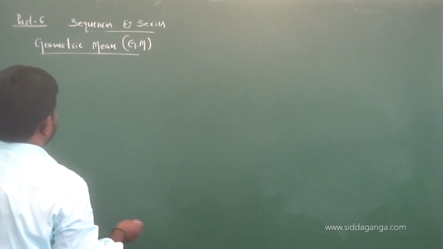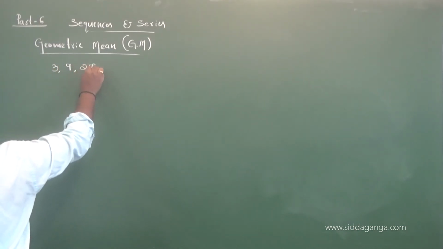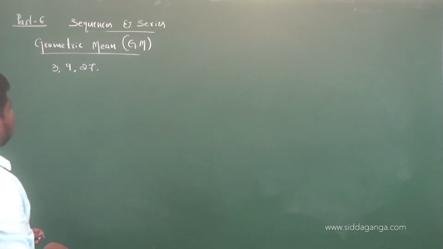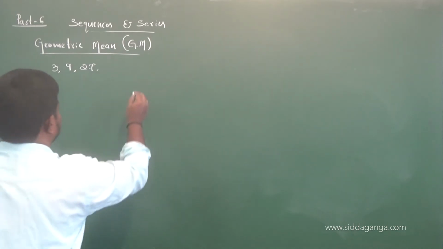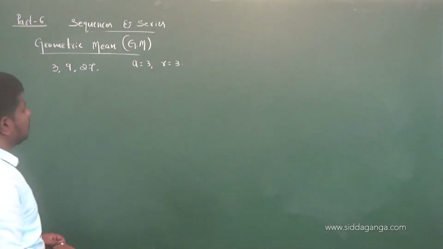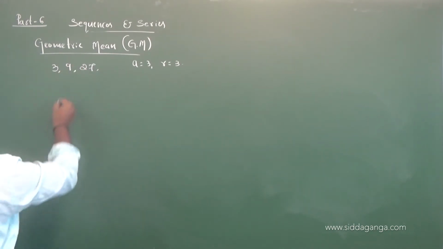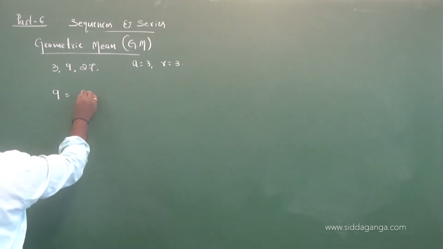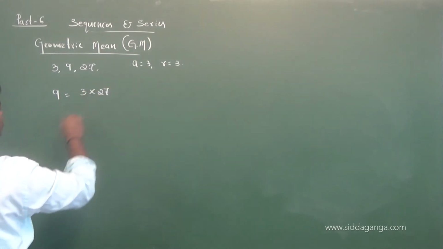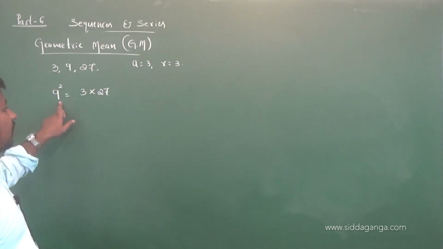See, let us take an example. Let me take 3 numbers: 3, 9 and 27. Yes, these 3 are in GP, right. The first term a is 3, and the common ratio is 9 by 3, that is, 3. So, here we have a is 3 and r is also 3, right. Observe the relation between these three numbers. Yes, 9 is not equal to 3 into 27, so they are not equal. But if I square this, now 9 square is equal to 3 into 27.